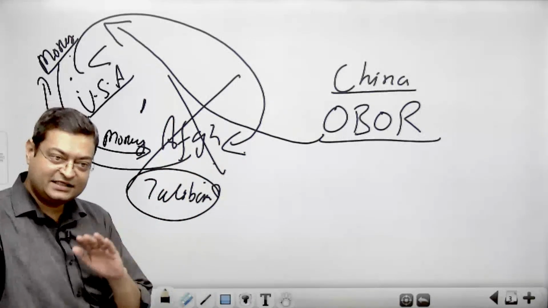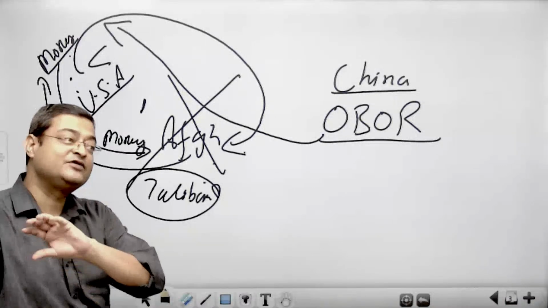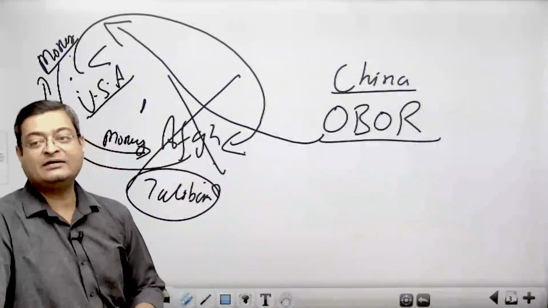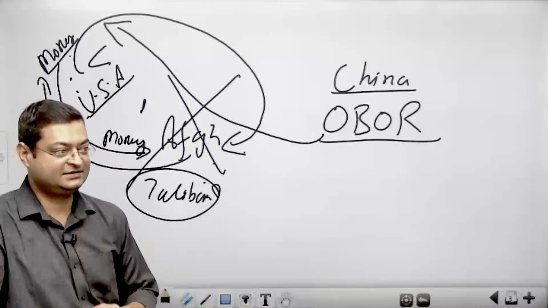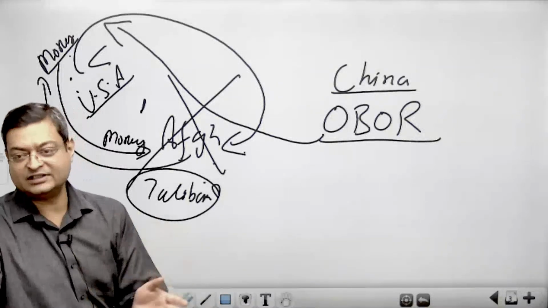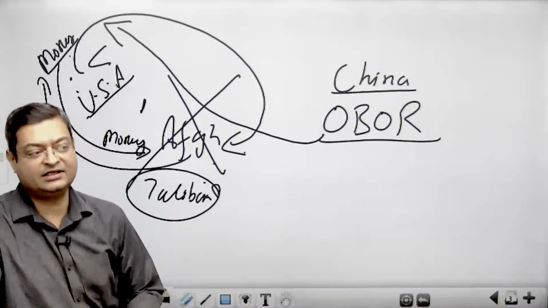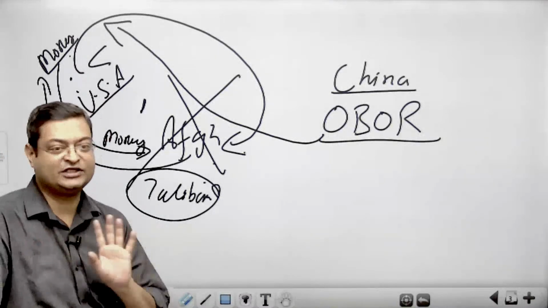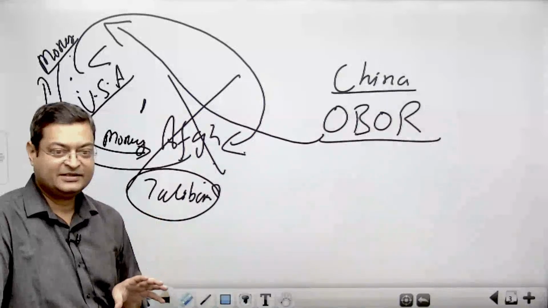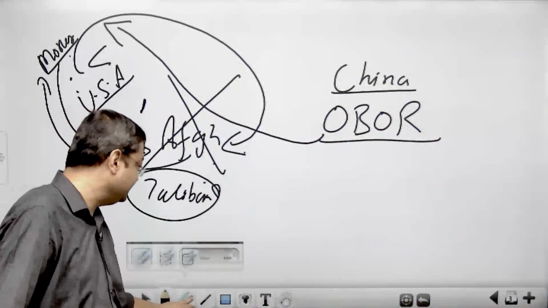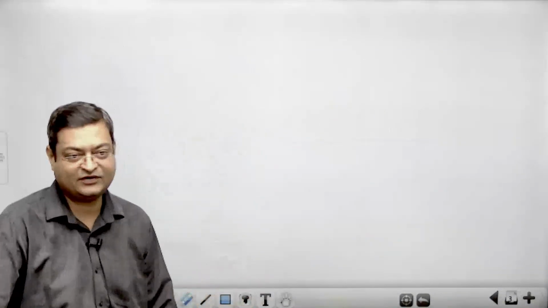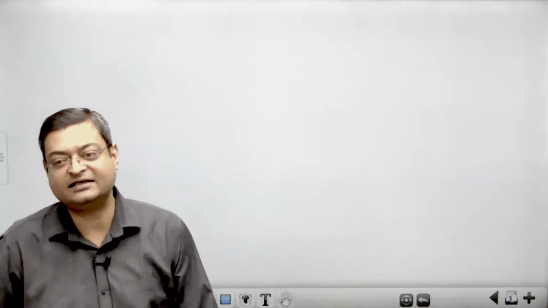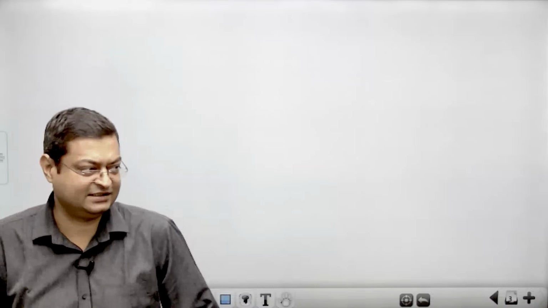So in geopolitics we have to study all the aspects. You even have to study the Cuban Missile Crisis when we discuss the heartland and rimland theories. So it is not that everything is in geography, but a little of everything. Today we are going to start with the science section a bit, because it is geomorphology. That's why I told you that you must have standard 9th and 10th NCERT. I will explain as much science as is basic.